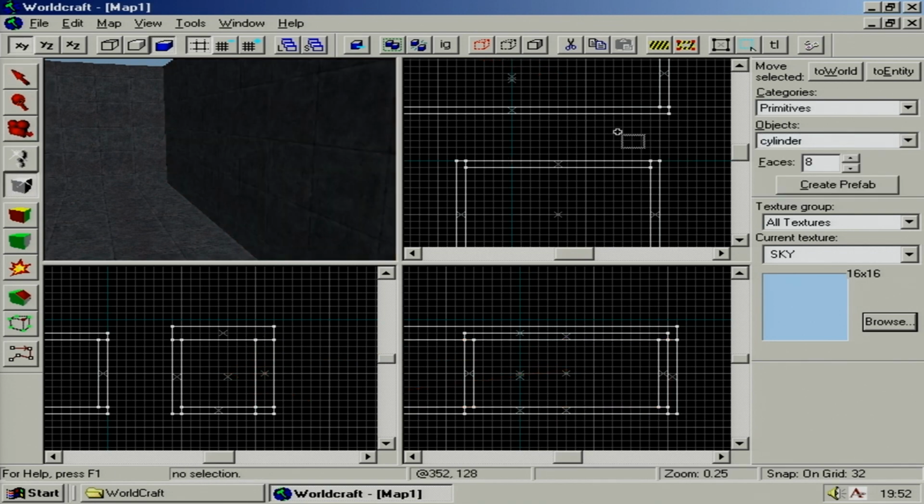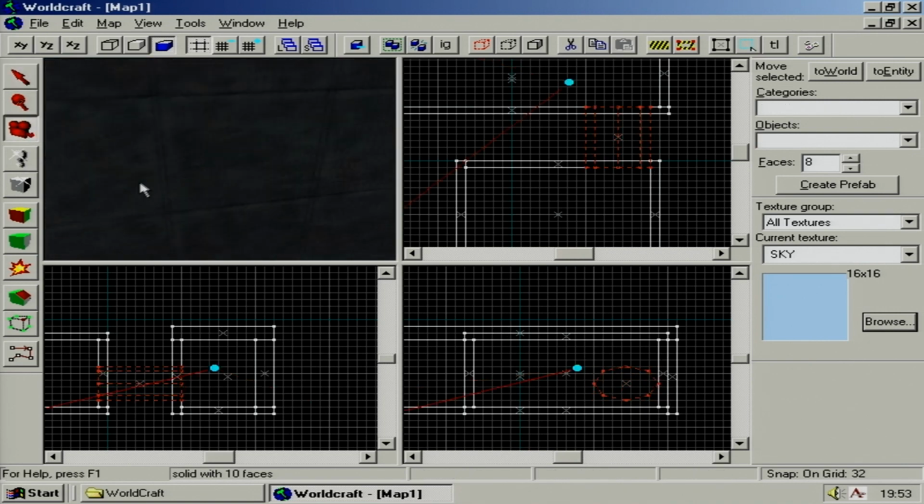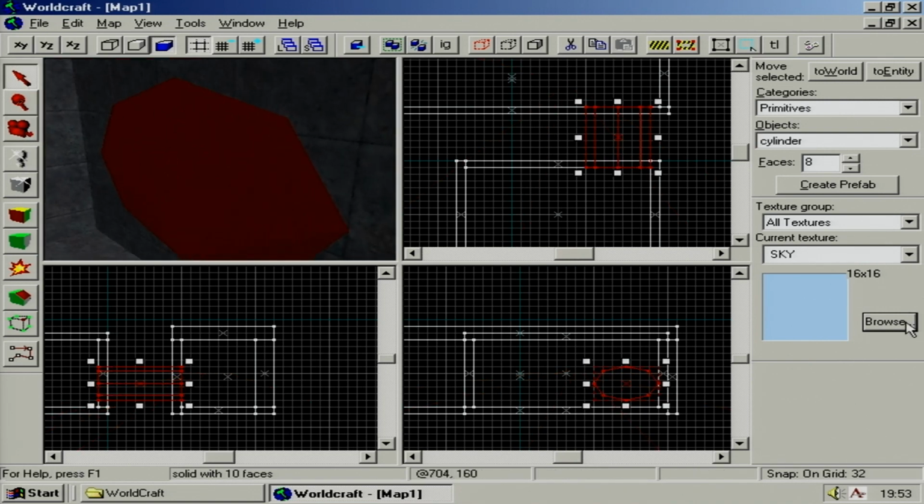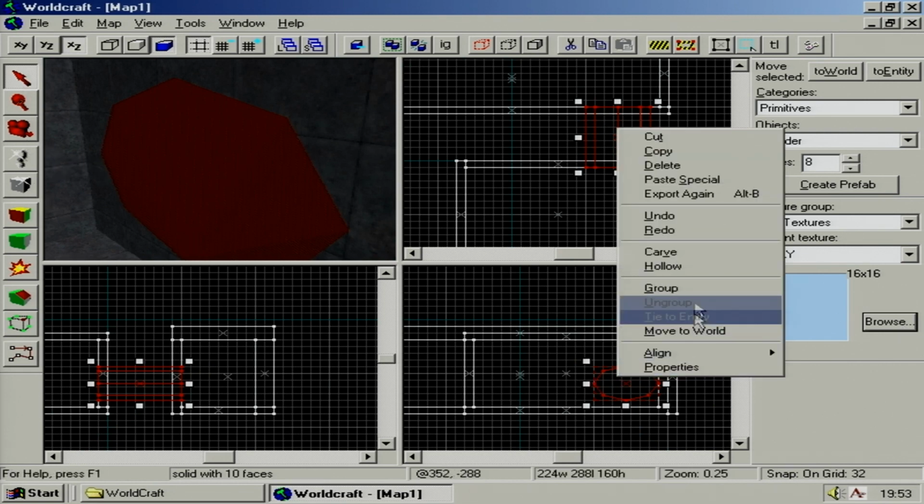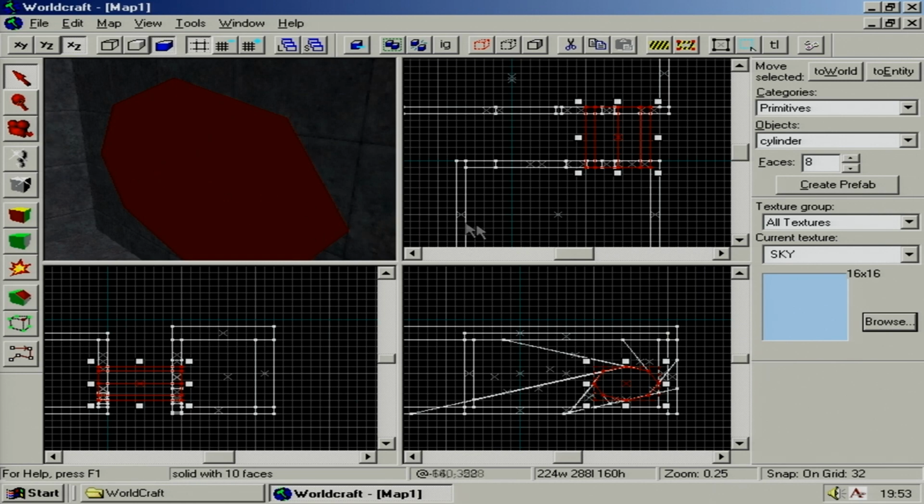And with the 2 rooms done, it's now time to place a tunnel, and this will lead us to one of the more contentious tools in the WorldCraft arsenal, carving. This allows you to make a hole in walls and floors in the shape of whatever brush you have selected at the time. Now this makes it incredibly easy to make windows and doorways and any other hole that you require. Now if you use a particularly complex shape like I've done here, it can result in some really bad looking geometry. Now there are ways of using carve in a far more efficient and sane manner, but I decided